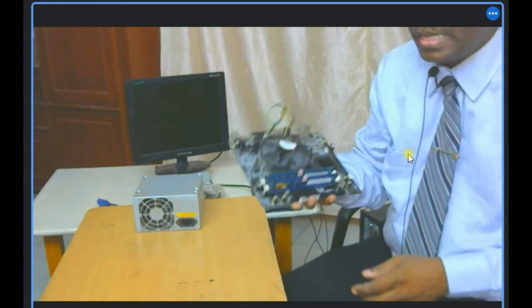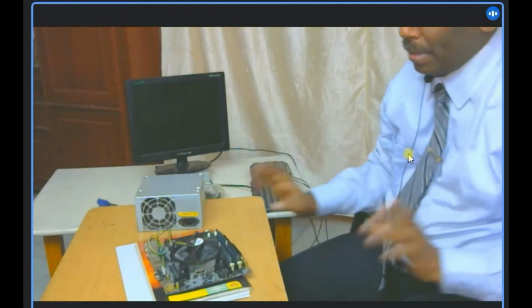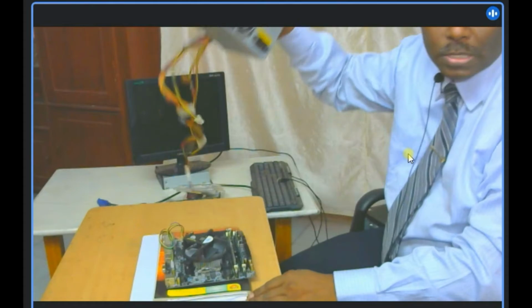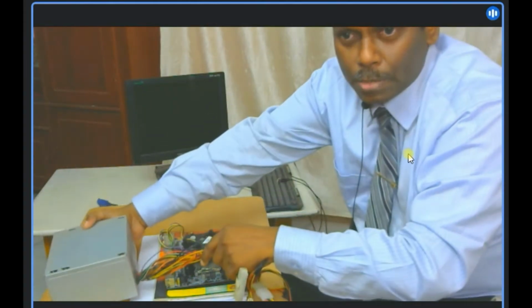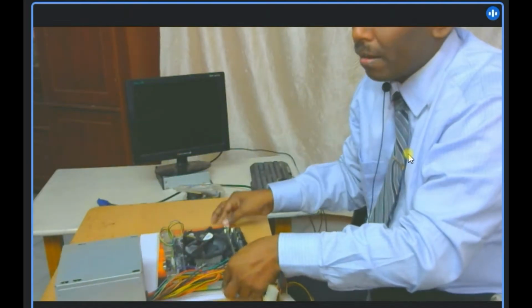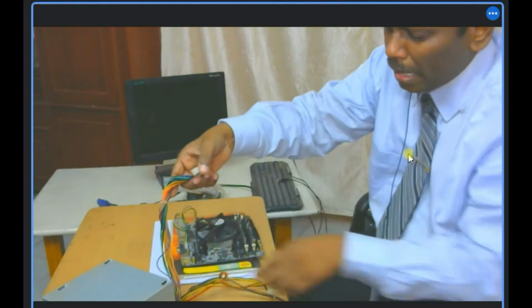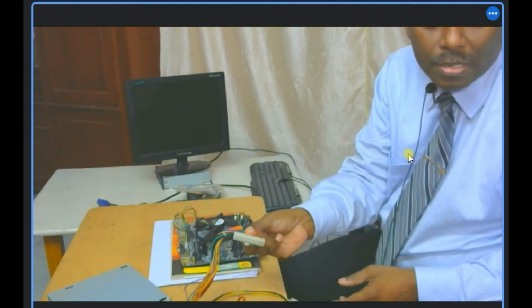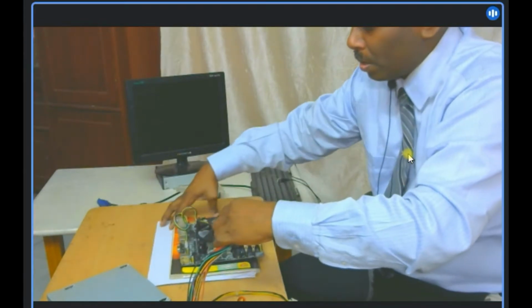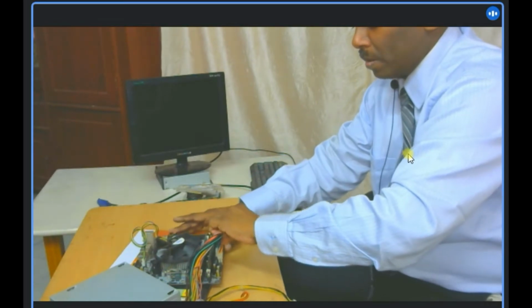Now I am going to keep this one and power on. See this one. I'm just placing it on a book. I'm placing it like this. So this is my power supply. You can see this one. I'm just placing it here. I have not given the main power till now. I'm just trying to connect one by one. There are a number of connectors. See here, this one shall be given to the main board, the motherboard. I'm inserting this one to the main board.